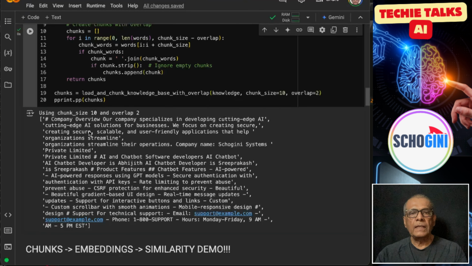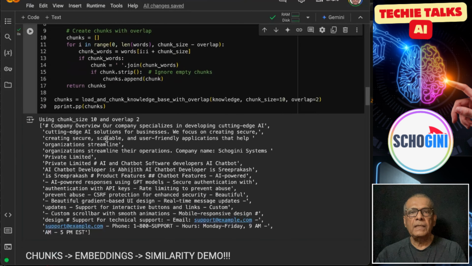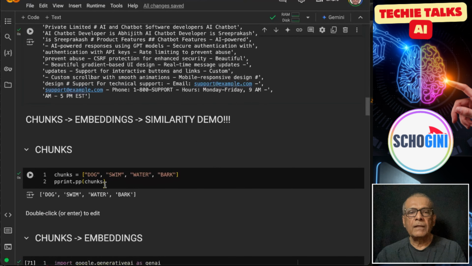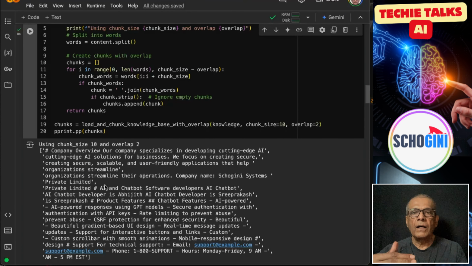Okay, so that is one way of chunking, but later on I'll make a video on different types of chunking that are possible. So what we have done now is we have split the large knowledge into smaller units. But what is the point? Let's see. What we will do now is we will demonstrate how chunking is used for retrieval augmented generation